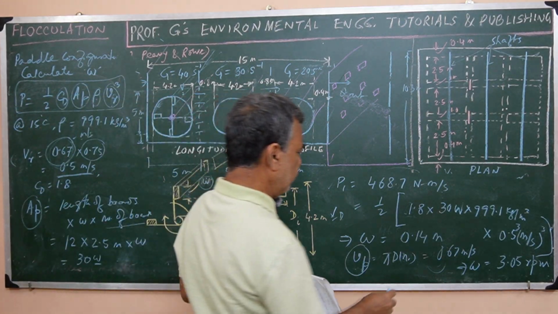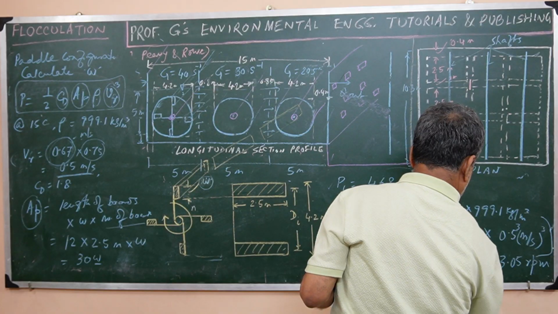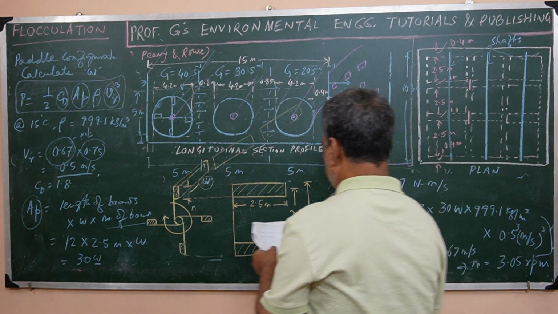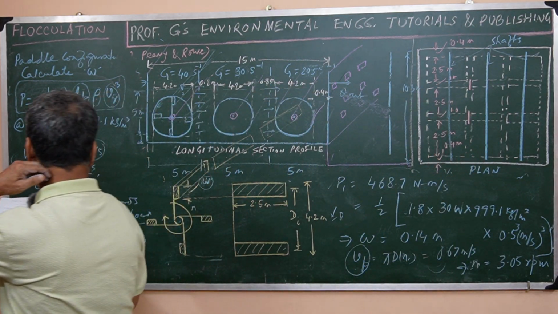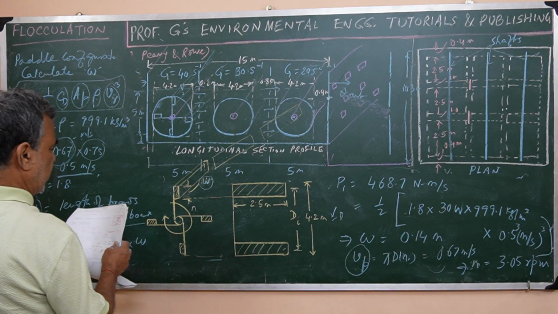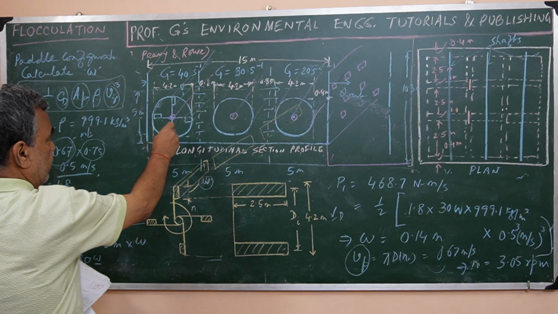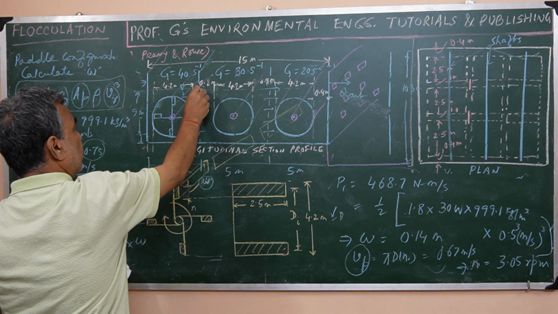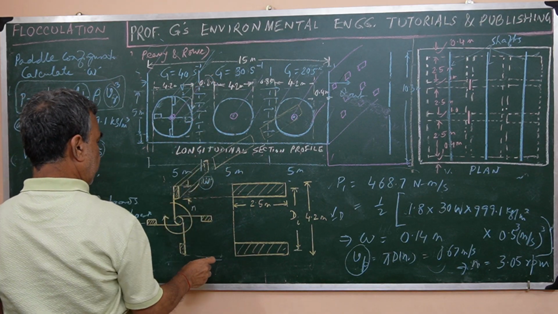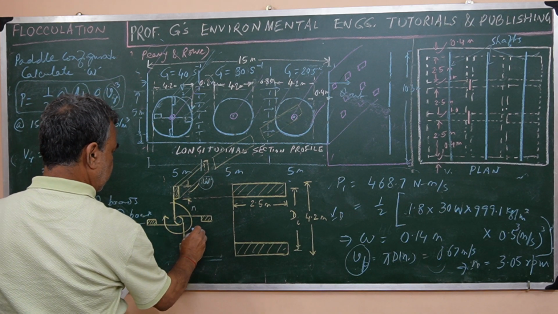So n will be the rotational speed of the shaft. The shaft is rotating like that. So this shaft rotation is n is equal to